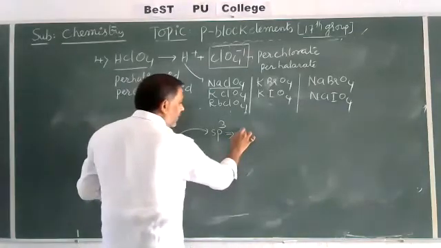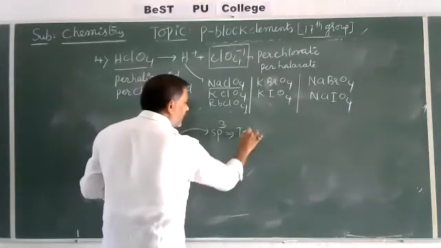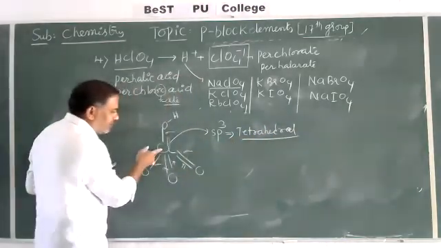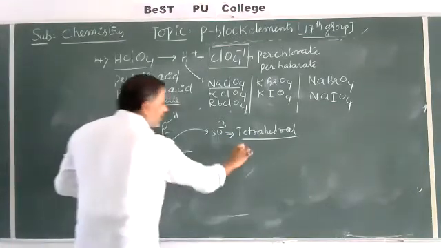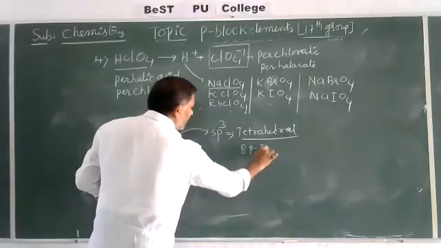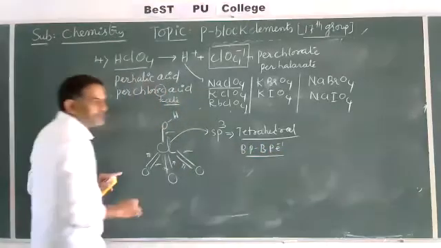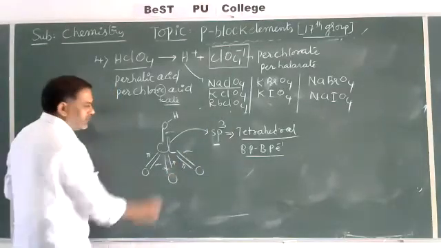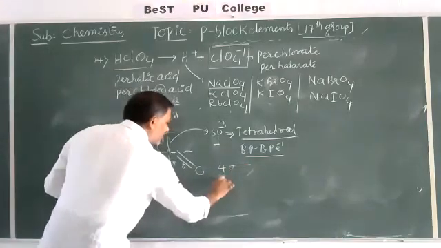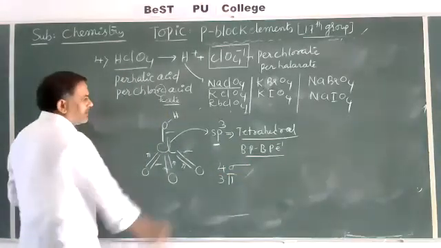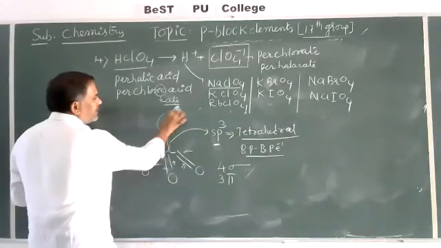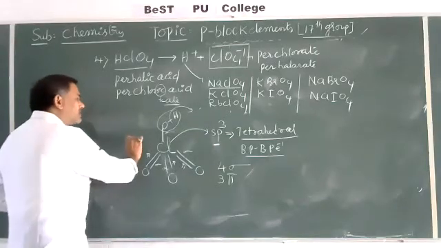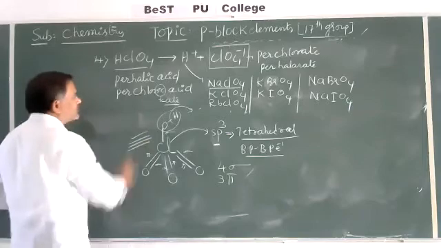That's why it undergoes sp3, meaning tetrahedral. So why does it have a tetrahedral structure? There is no lone pair and bond pair repulsion. Only bond pair and bond pair electron pair repulsions are there. That's why the geometry is tetrahedral and sp3 hybridization takes place. Here 4 sigma bonds and 3 pi bonds are there. Now this OH group, 1 is there, that's why it is ready to replace this. This is also a monobasic acid. Basicity is equal to 1. This is the highest, strongest oxo acid of chlorine.